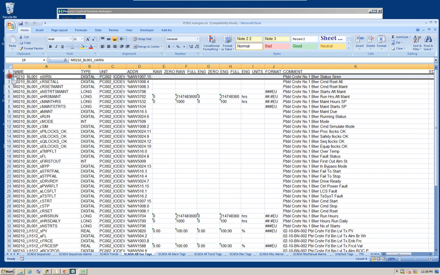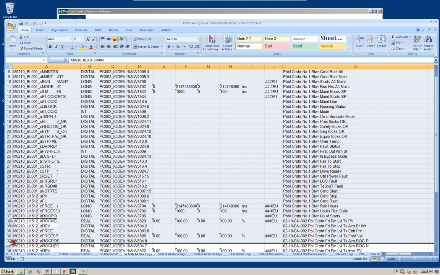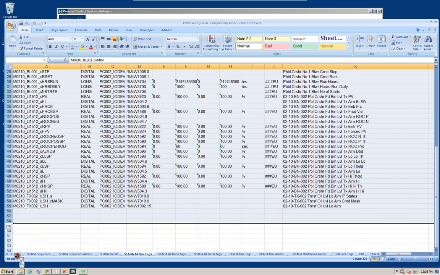In order to copy and introduce the SCADA tags into the Cytec project, we use Cytec's project database edit tool, which is a spreadsheet based tool, as I will show you in a minute, and it's an add-in to Excel.